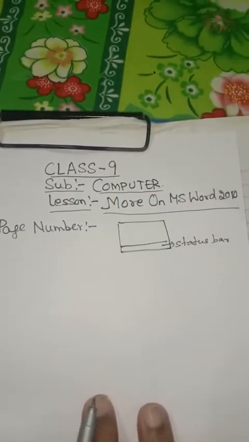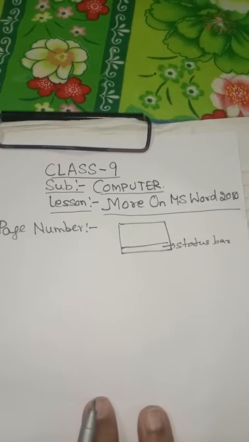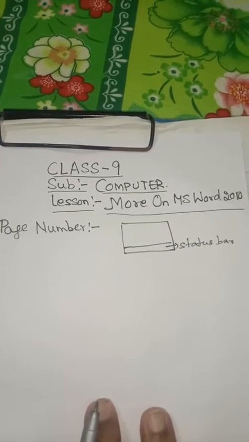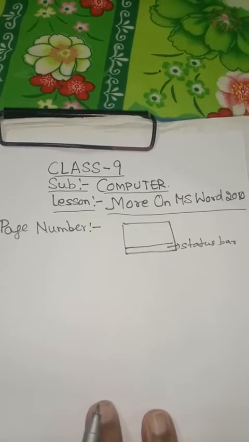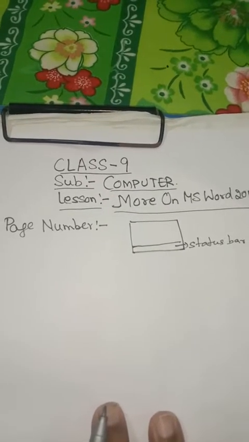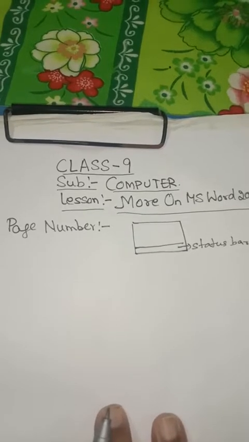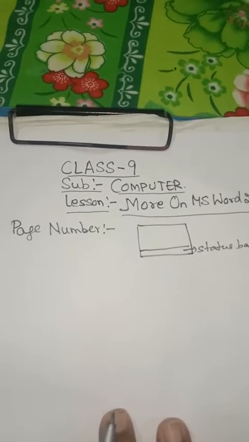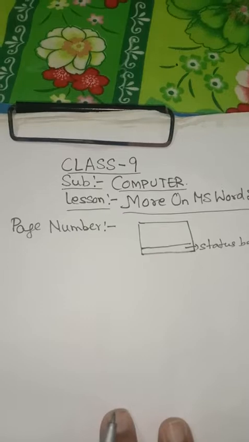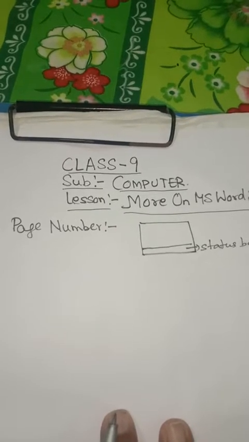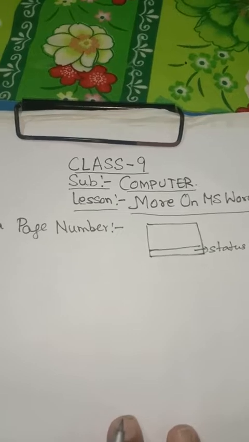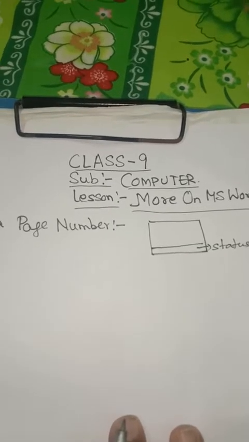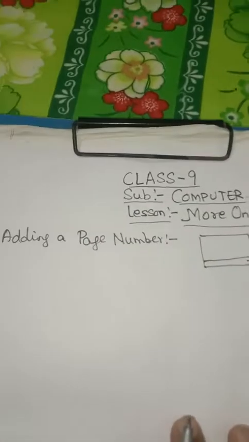We can also number the pages in our document like it is numbered in our notebook. So the page numbers can be added in the document, and this makes it easier to refer to a particular page. So page numbers are printed in the header or footer part, but we also have the options to display the page number in the left or right margin also, at the top or bottom of a page. So how can we insert the page number?